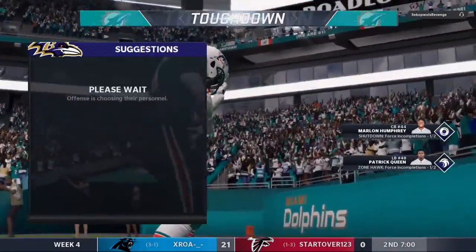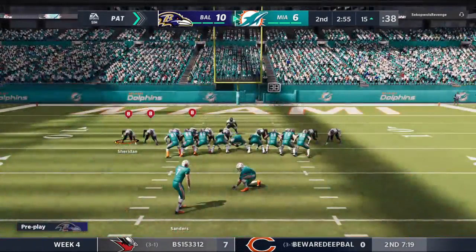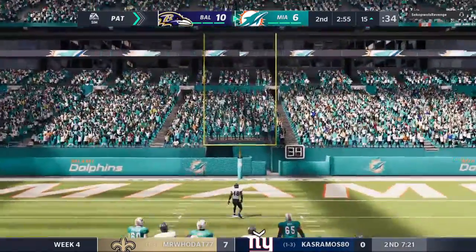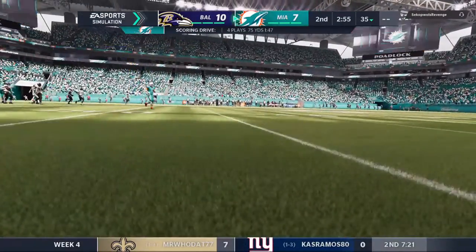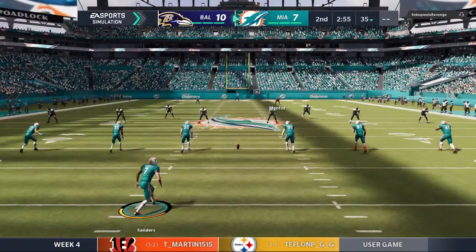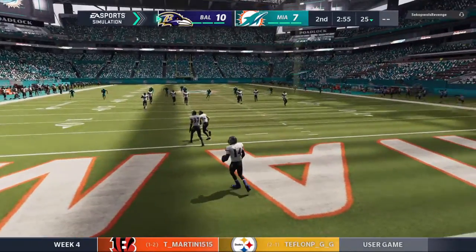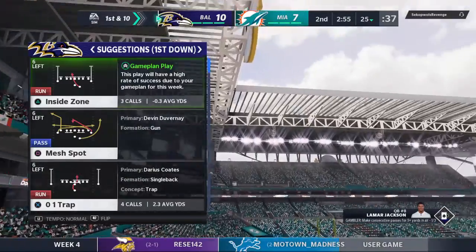A great play there. His first touchdown on the year. And the Dolphins able to get this back within a touchdown. There are several elements to a well-executed screen pass. This one resulted in a touchdown. It had all of those elements. Hey, you're so right because you really need the rush to almost get to the quarterback, almost get to the passer. Then you've got to get the ball thrown perfectly, whether it's to the running back, the wide receiver, wherever the screen guy is. And, of course, the blocking has to form in front to get him downfield for the touchdown. The Ravens take over 1st and 10